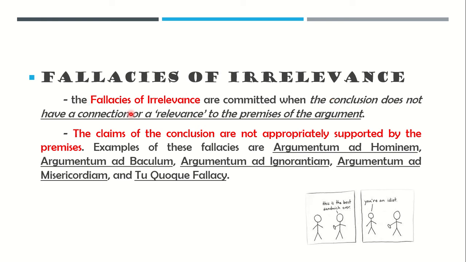Now, the fallacies of relevance are committed when the conclusion does not have a connection or a relevance to the premises of the argument. The claims of the conclusions are not appropriately supported by the premises. Examples of these fallacies are argumentum ad hominem, argumentum ad baculum, argumentum ad ignorantiam, argumentum ad misericordiam, and tu quoque fallacy. Okay, just to give you an example for the fallacies of relevance,